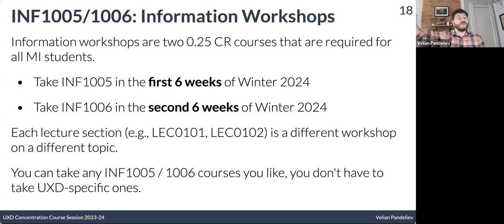And you see the list of those is very extensive. There's all kinds of topics. A few of them sound UX related. Many of them do not. For these, I recommend that you take the ones that you find interesting and not the ones that sound the most UXD specific. The UXD courses that we offer are plenty of specificity and plenty of detail about the program, about the concentration, about the field of UX. This is your only chance to take something that is totally wild and out of scope for you. History of the book, or book binding for beginners, whatever fun stuff we offer in those workshops,